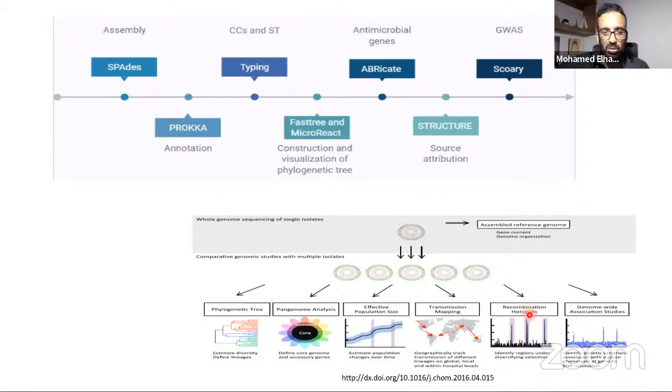In recombination, we know that we have 2 different kinds of bugs according to evolution. Bugs with an open genome, where horizontal gene transfer keeps adding more accessory genes, and bugs with a closed genome. Campylobacter, by the way, is an open genome, so it mainly acquires resistance determinants by horizontal gene transfer. Yet we have other bugs such as Mycobacterium, which has a closed genome. So with some pipelines, you can determine the hotspots for recombination, and actually the ratio of recombination to mutation rates.